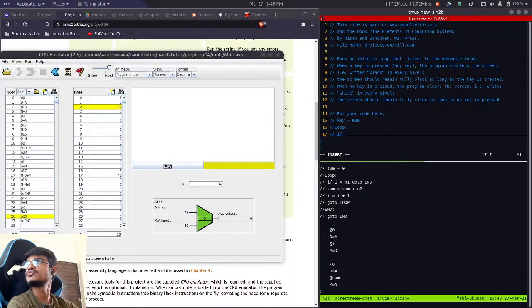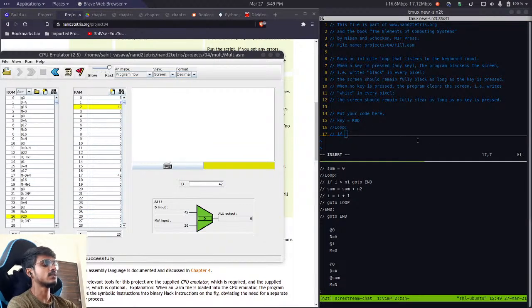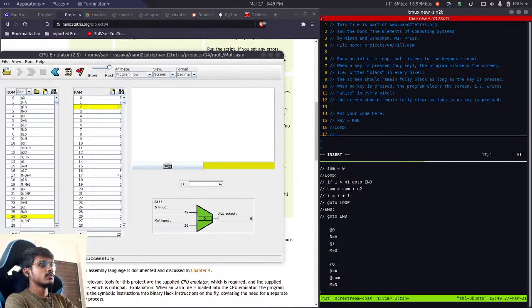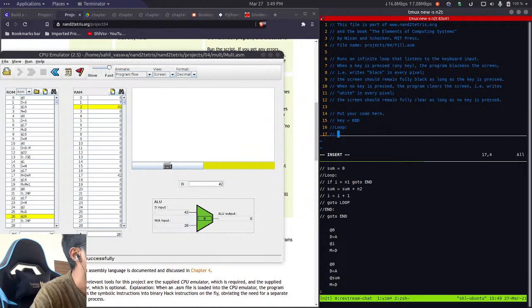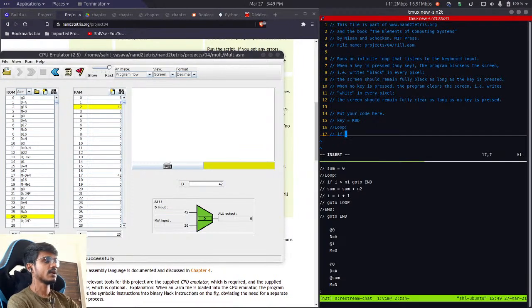We don't need to stop it, so we can keep running this loop infinitely, and in this case we won't specify an end condition for this loop. But what we want to do is check the value of key. If key is not equal to 0,